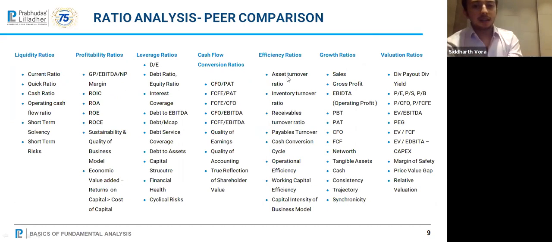Again, this is a snapshot of all the ratio analysis that you must have studied from CPT to CA final. And this is again all you need to understand from an investor perspective. I have taken you through quite a few things when I was explaining balance sheet, P&L, etc. But simple ratios like your debt equity, interest coverage, ROE, ROC, asset turnover ratios, gross profit margins, price to earnings valuation multiple. Just be aware of these and know how to use them.